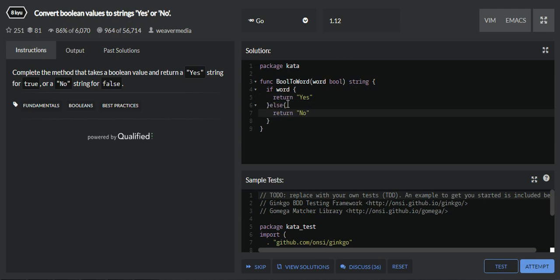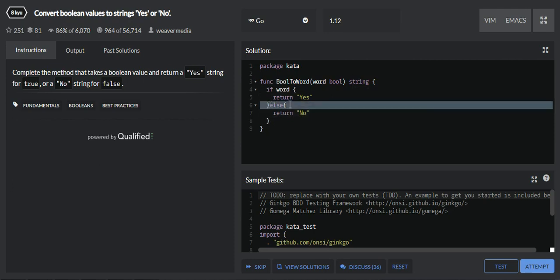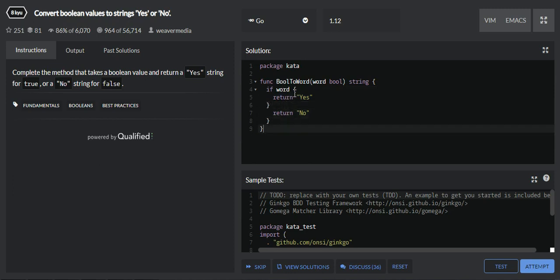This is also correct code, but the else block is not required, because if the word is false, then it will go into the else block. If you directly write return no, it will also work fine, because it will only go into the if block if the word has the value true.